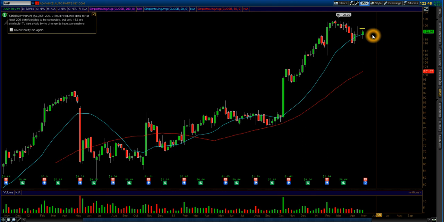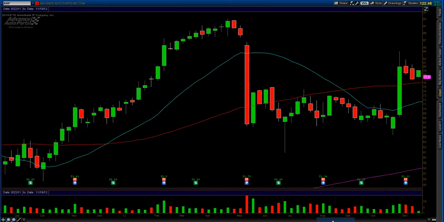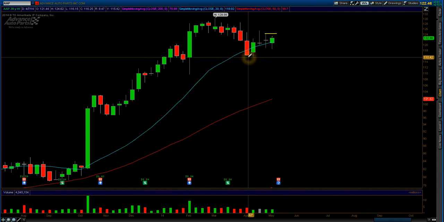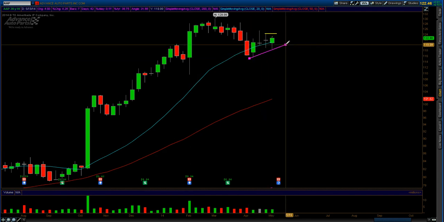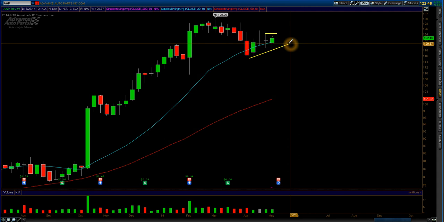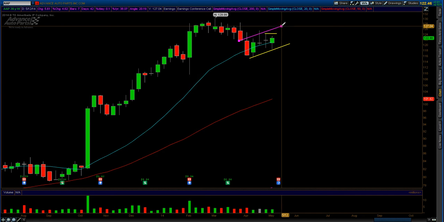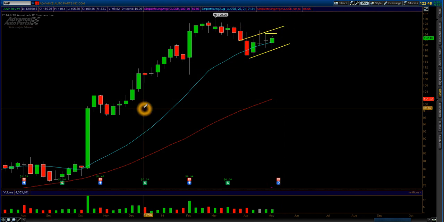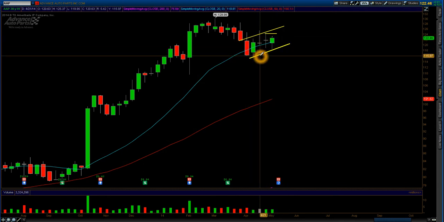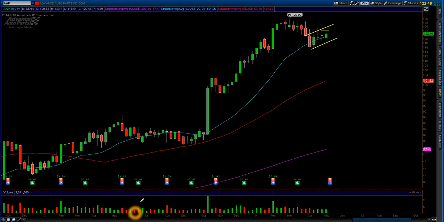looking at the weekly chart now. To me, this looks a little bit bearish on the weekly chart, and here's what I'm seeing here. There we go. I can't draw today. That's kind of what I'm seeing on the weekly chart. This is a bearish pattern, in my opinion. Downside for AAP would be